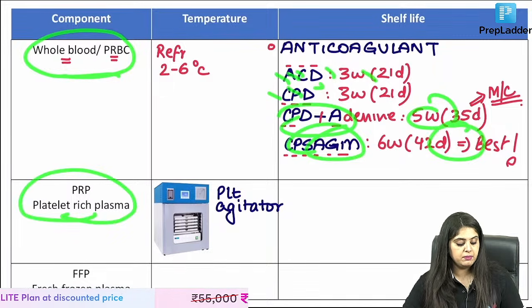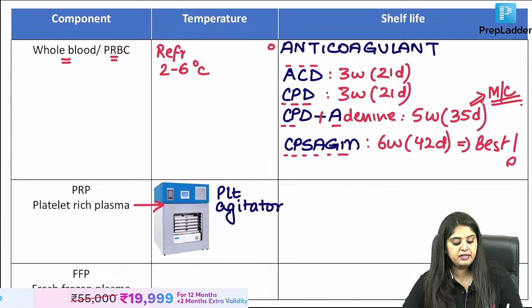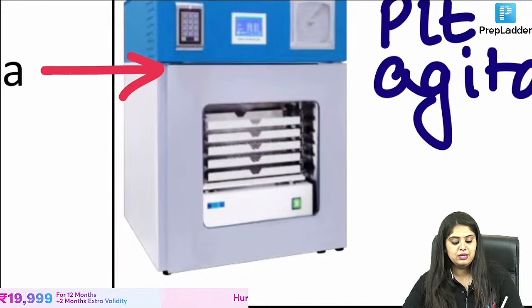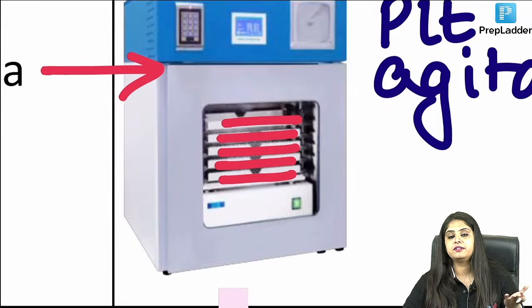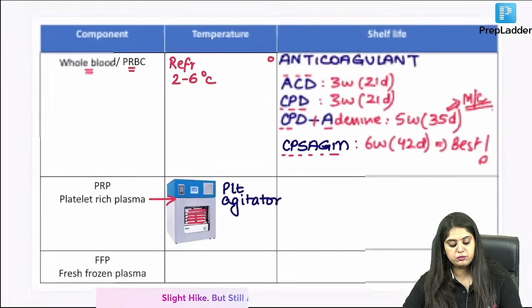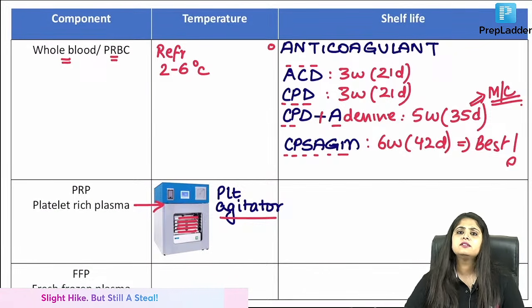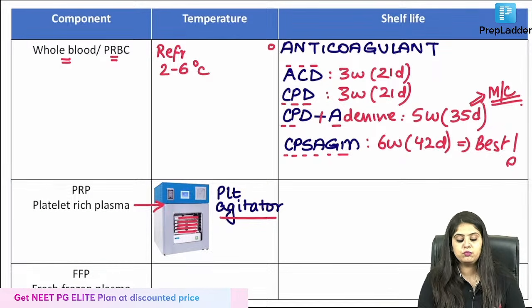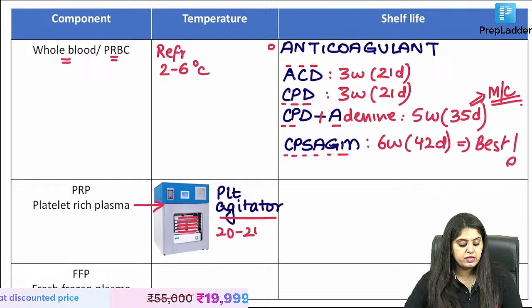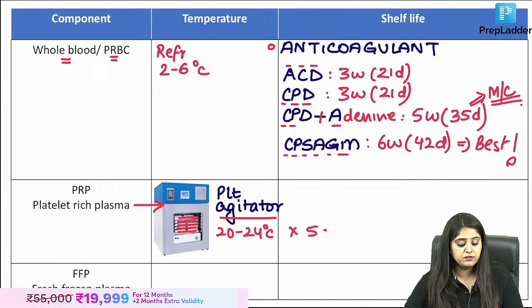What about platelets? Platelet rich plasma is always kept in a platelet agitator. Same photo they give you. These platelet plates are always going to rotate left and right, they keep moving. Why? Because the platelet has to be kept in agitation, otherwise it will become clotted. You will leave it at one place, it will all start clotting. You don't want that. The temperature over here is 20 to 24 degrees and the shelf life is only 5